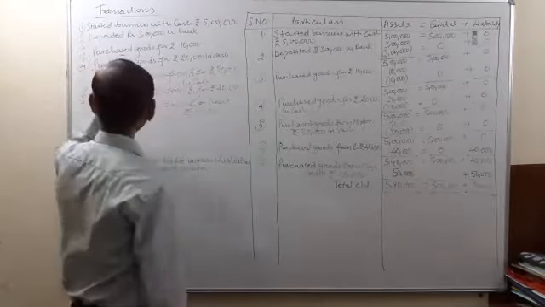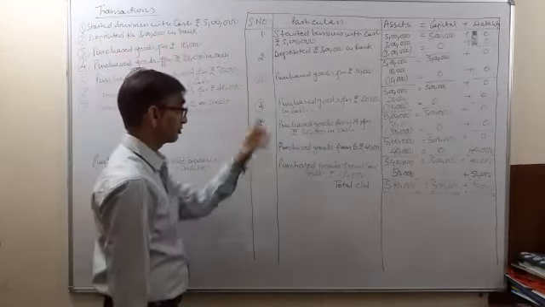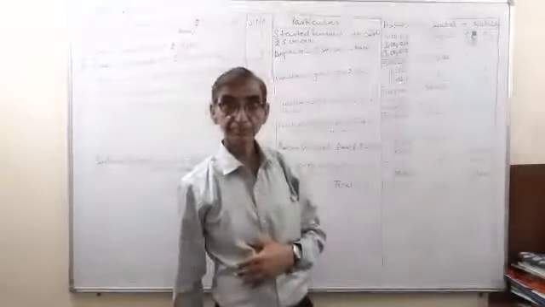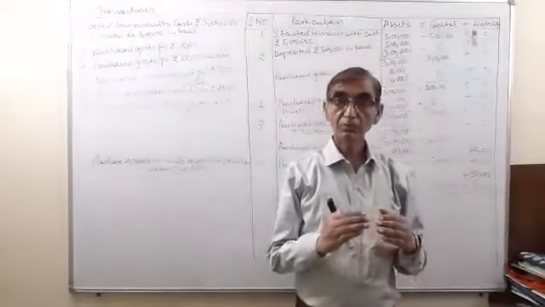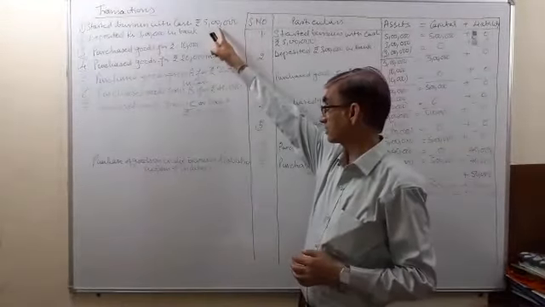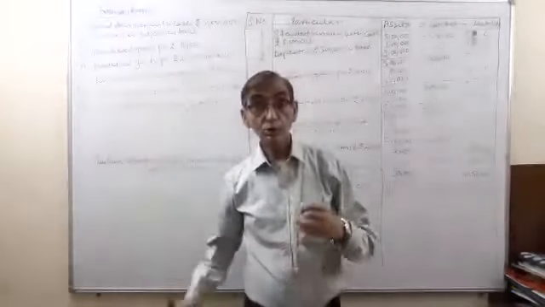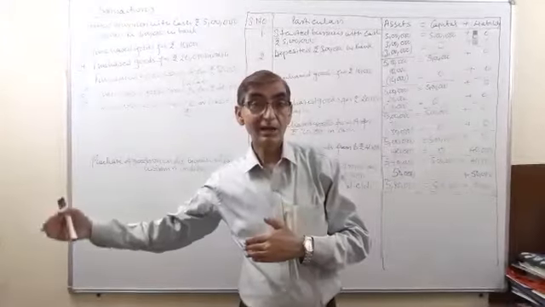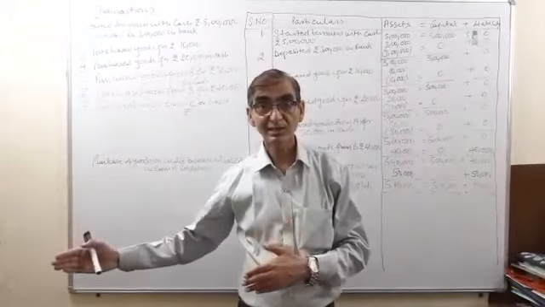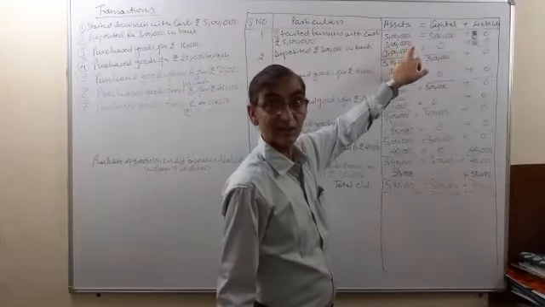Now the second transaction is deposited rupees 3 lakh in bank. We have deposited rupees 3 lakh in our bank account. Now the money, 5 lakh was the cash that was invested. Out of this, 3 lakh has been deposited into the bank. So the cash is going in the bank. Bank balance is also our asset. So our asset of rupees 3 lakh is increasing.